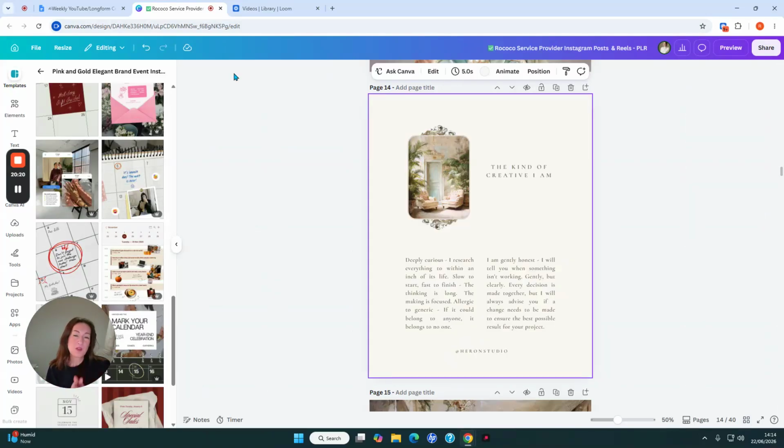So my last tip, number 9, is be aware of trends, but don't chase them. So when it comes to trends, there's a current trend at the moment, which is all about scrapbook design and adding lots of layers and lots of stickers and cutouts and things like that. It's a style I've always loved. But what you don't want to be doing is using that trend throughout your whole